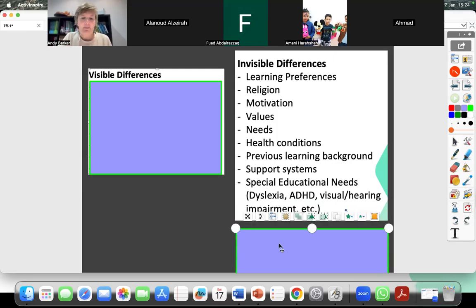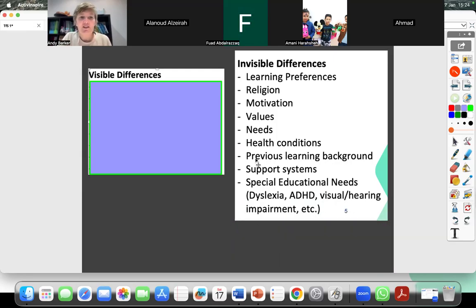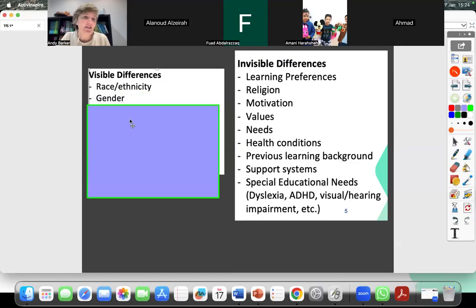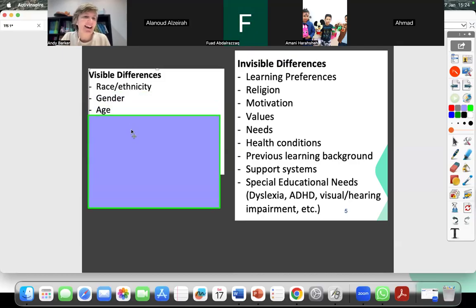Okay, that's only some. I'm sure the list could be longer. Now, visual differences, which just seems to be a smaller list, right? So race and ethnicity, it could be obvious from what they're wearing, as you mentioned, their skin color, other things, right? Gender, you did mention this, yes. Age,